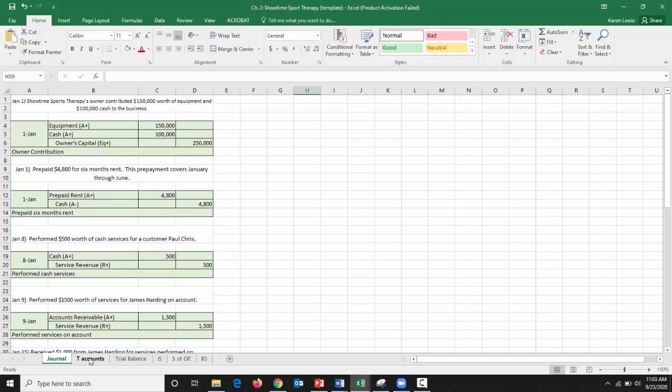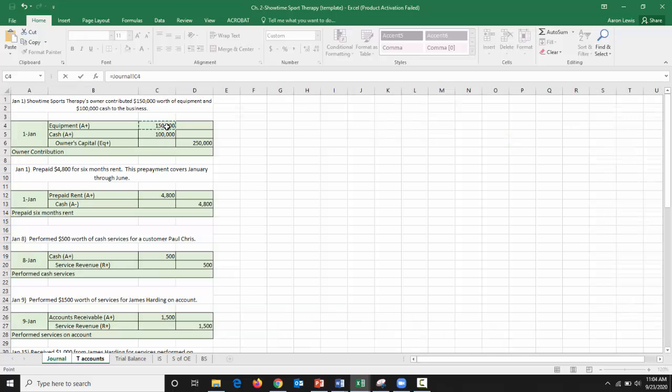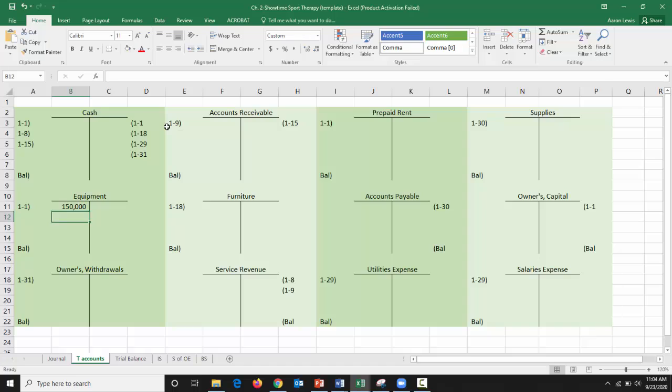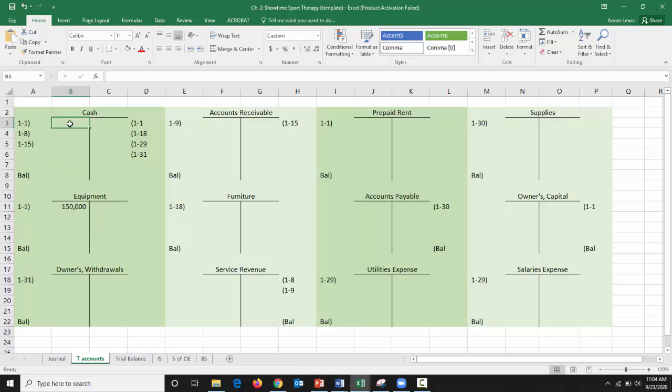So the first thing we had was equipment getting debited for $150,000 on January 1st. I'm going to take that number from our journal and copy it right over to the T's. Debit is the left side, so we're putting it on the left side of our T account for $150,000. The next part of that entry was a debit to cash for $100,000, so we're going to bring that $100,000 into our cash T account,